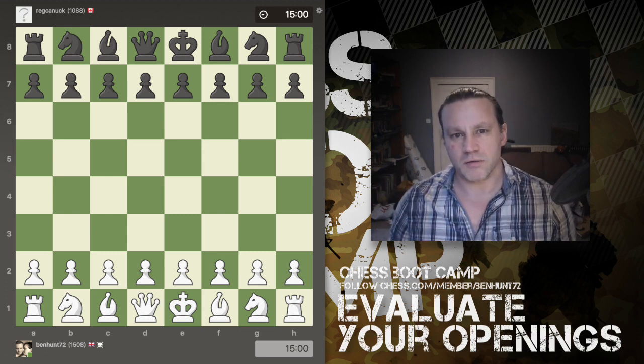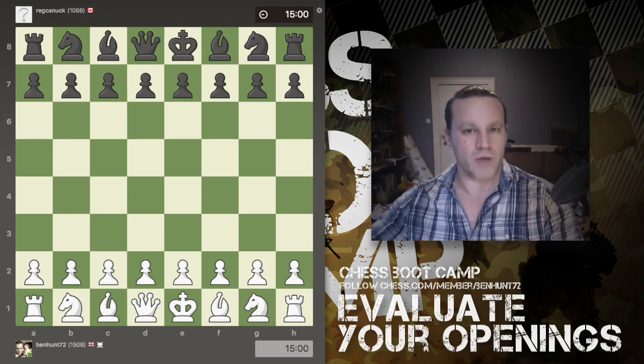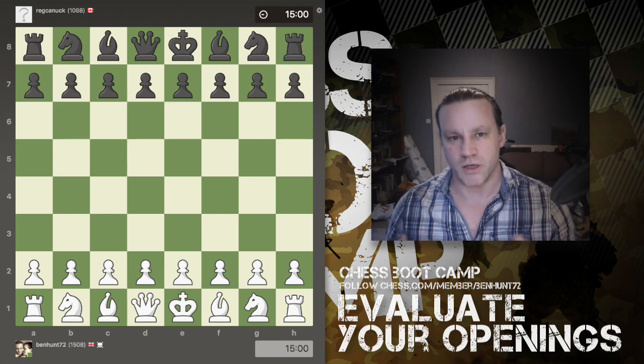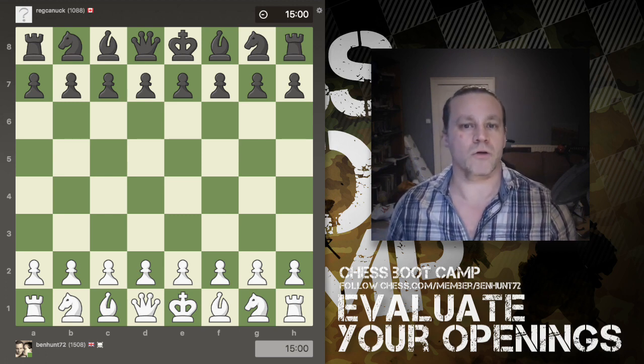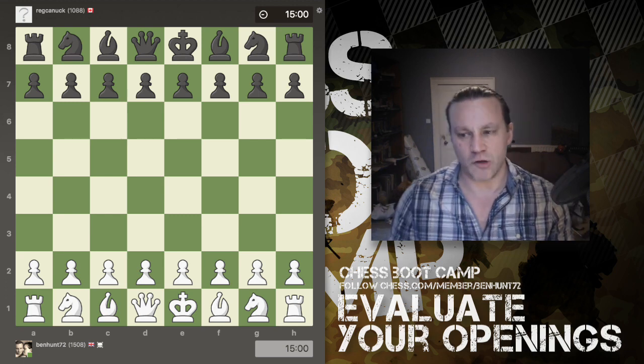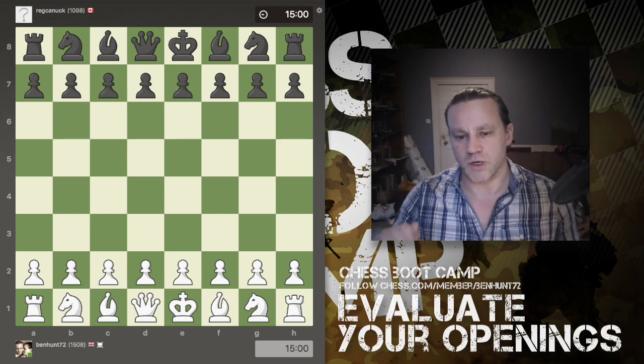During the opening section of the game, which is when you aim to get all your minor pieces into the board, you want to get your queen off the back rank, you want to castle your king, you want to connect your rooks, right? So that's your objective in the opening. Now, what I want you to do is I want you to